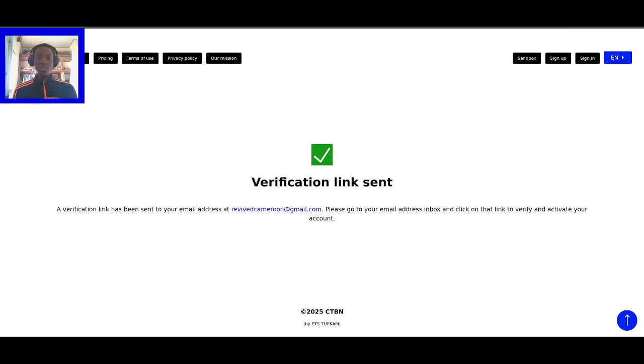Those cookies are used to know the site in which you are and some of the data it needs to operate. Now, say we have two browsers. Your default browser is Phoenix browser, and you have Google Chrome on your machine. If you're using an Android device, I'm taking the case of an Android device, then you should have a Gmail account, a Google email. Now, if you started the process on Phoenix browser, then the cookies of ctbn.org are stored in Phoenix browser. And since they are stored in Phoenix browser, when you receive the verification email, as you will see in the next videos when we talk about emails,